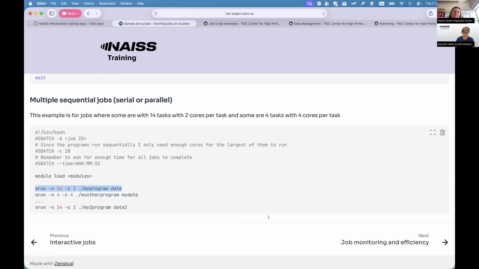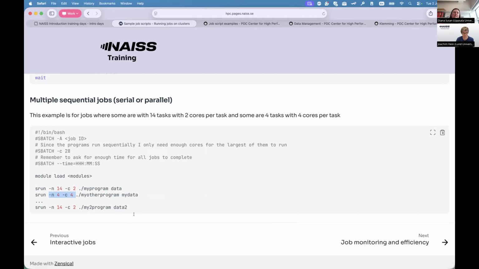That will mean 28 cores in total. Only when this is finished, go to the second step and run some follow-up program, my other program, with some different input data and also a different number of tasks and